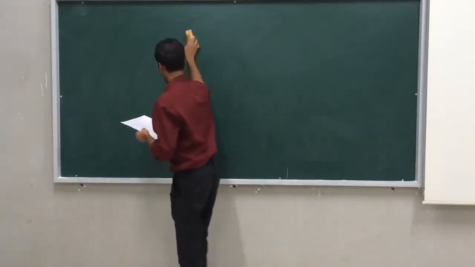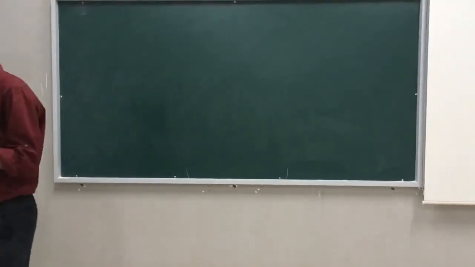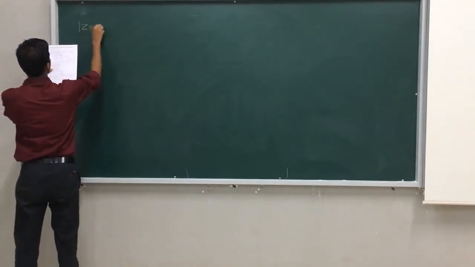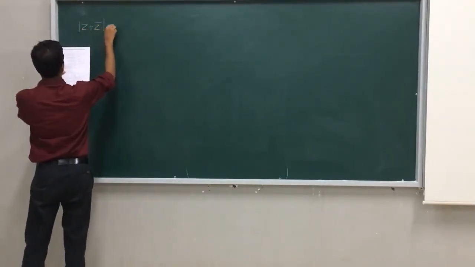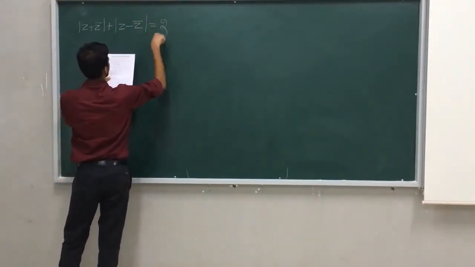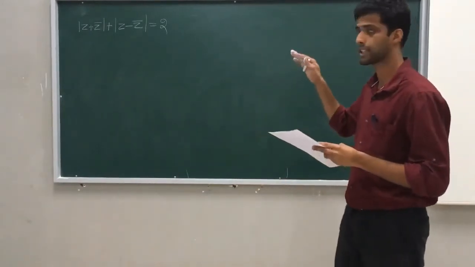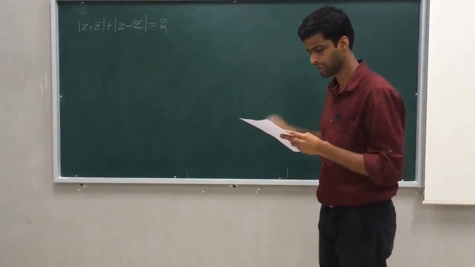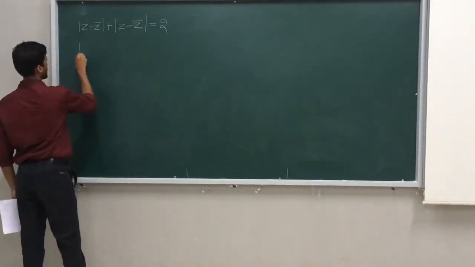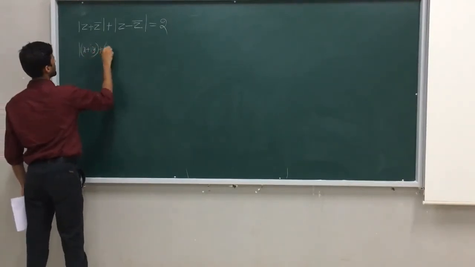Okay, we will move on to the next question. What is given here is, if modulus of (z plus z bar) plus (z minus z bar) is equal to 2, then z lies on. The next questions I will give you as exercise based on this category because I already solved them. So which option is correct? What I told: take z as x plus iy. If you take z as x plus iy, z bar is nothing but x minus iy.